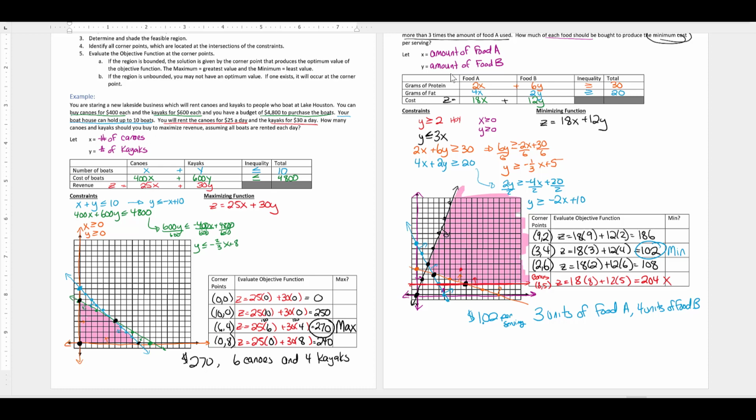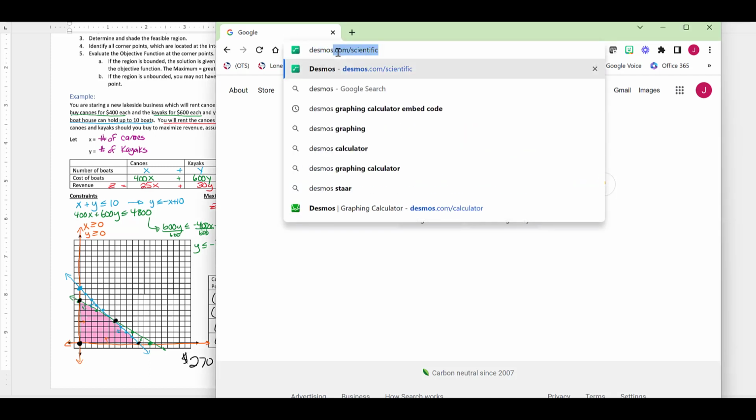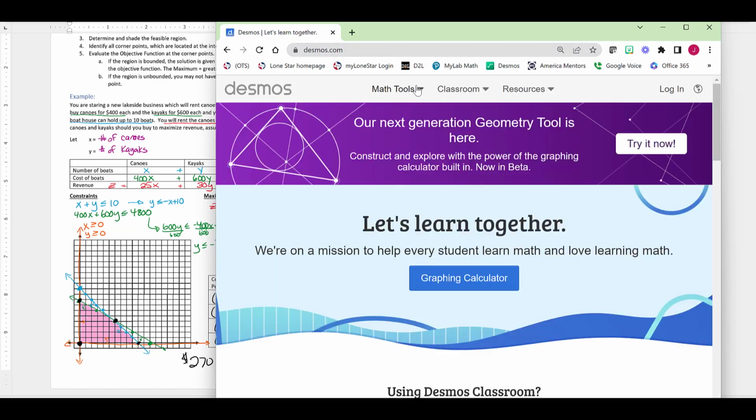Okay, so we just finished our problems from applications of linear programming, and I just wanted to remind you of the Desmos graphing tool that you could use to make some of these problems a little bit easier when you are graphing, so that you can spend most of your time doing the optimization. Okay, so if you go to the internet and type in desmos.com, it's going to bring up the scientific calculator